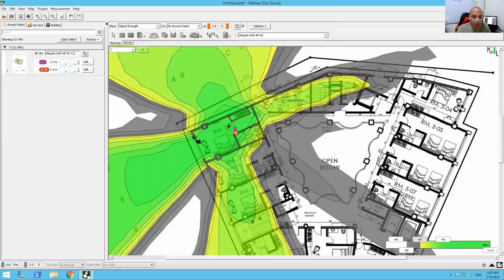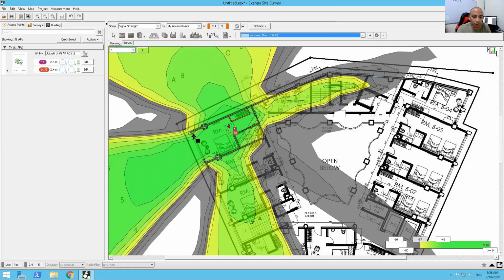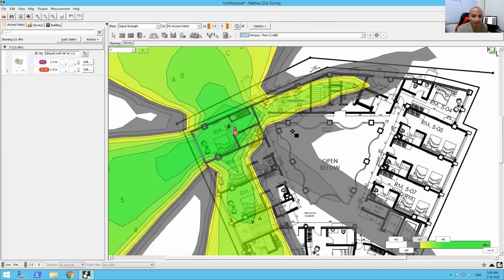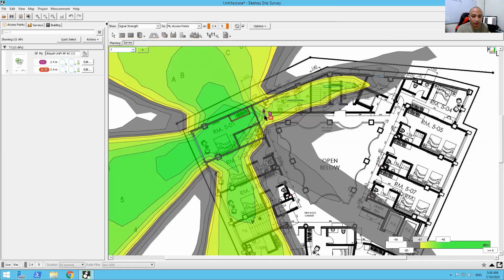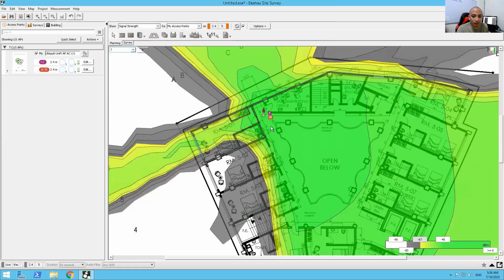Okay, so let me put in a glass window here. Let's go with material, and we're going to be using a thick window, and we're going to be putting it here, and it will actually simulate for you the effect of attenuation for your access point. Okay, so let's try to move this access point outside. And as you can see, if we put the access point outside the corridor, you're getting a very weak Wi-Fi signal already inside the hotel room. Okay? And it's not actually covering parts of the bed already,